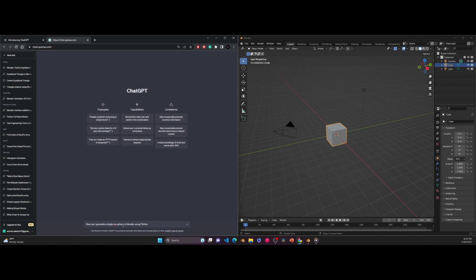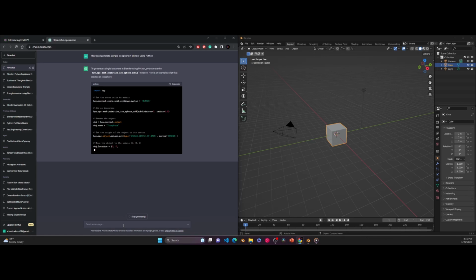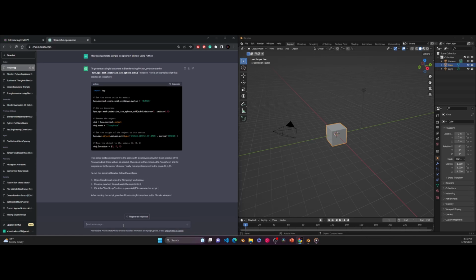And let's see what ChatGPT gives us. It is generating. Okay, so the very first thing I like to do, before even trying to go into it, is see if it even works. So ChatGPT is giving me something that works or not. So let's take this code, Control C, and let's actually